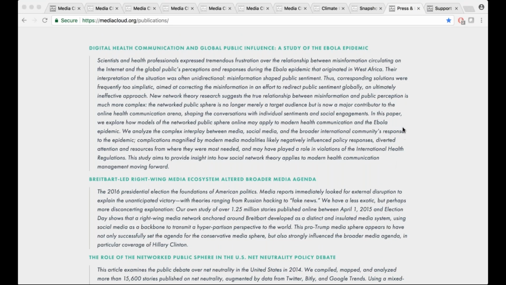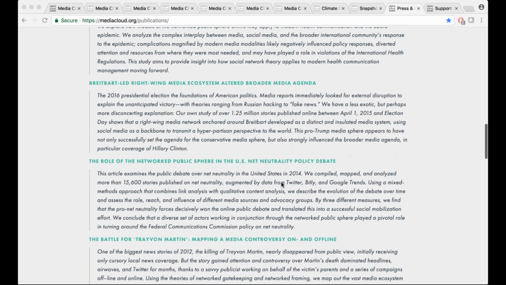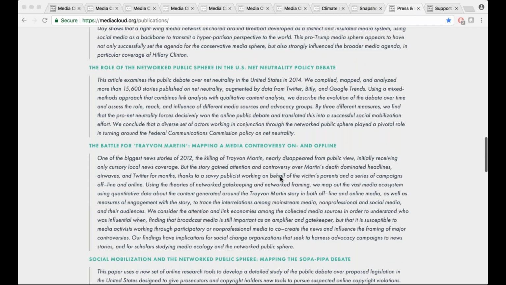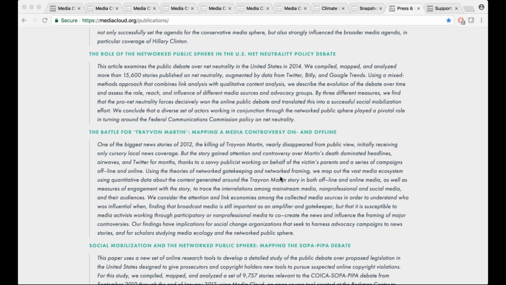So you can check that out on our website. Another, as you can see listed second, is a study about the 2016 elections led by our colleagues over at the Berkman Klein Center that looked at over 1.25 million stories during the election and the role that Breitbart played in shaping that conversation. A slightly older paper that we have is one about Trayvon Martin and how his death